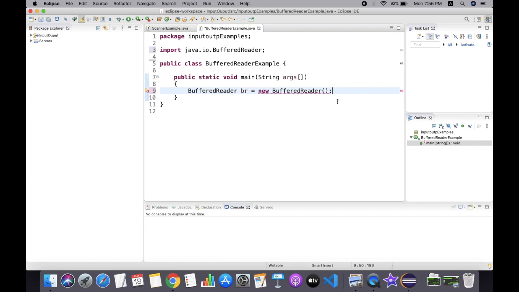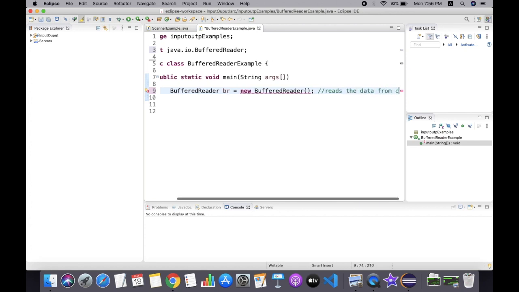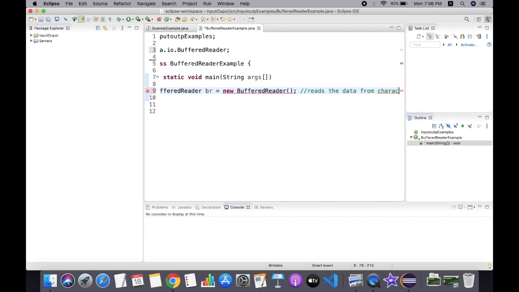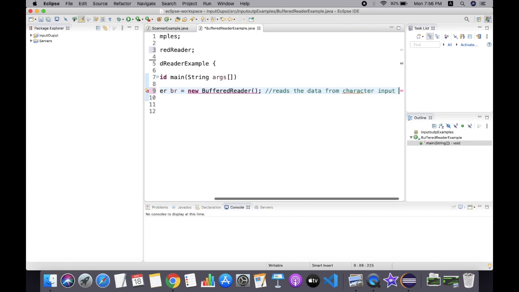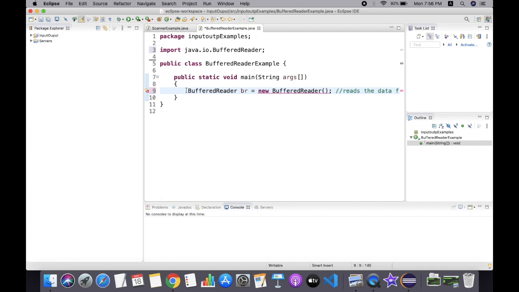Now the BufferedReader reads the data from a character input stream. It requires an object of a character input stream. So we need to define a character input stream.